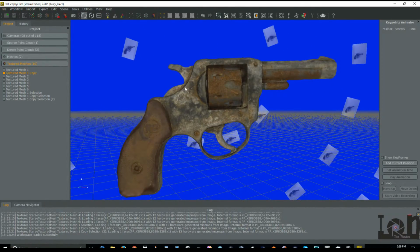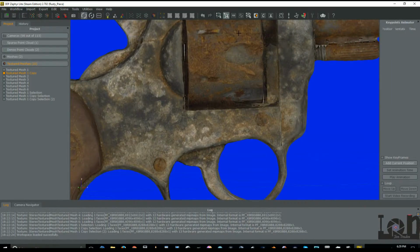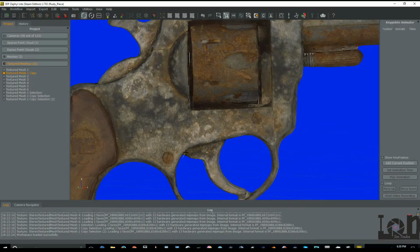So, say we want to animate this gun to pull the trigger back, rotate the cylinder, and drop the hammer. Well, you're going to need to animate these pieces differently. So 3DF Zephyr has, let's go to Orthographic Projection, so that's flat. It has this nifty cut feature. So you can take this,